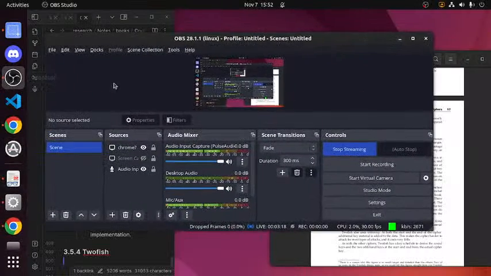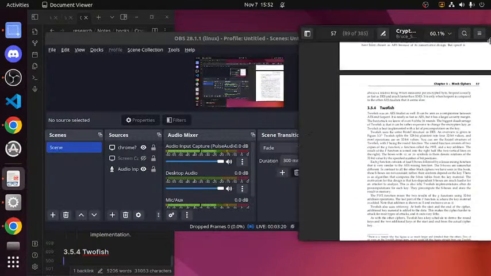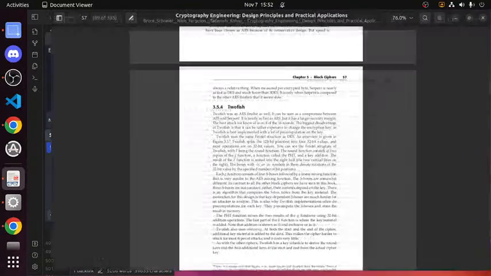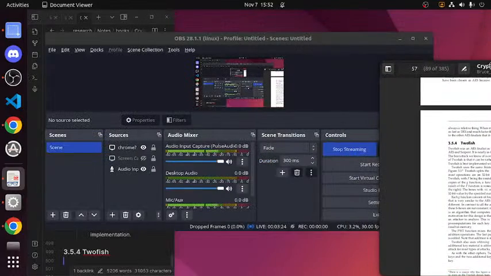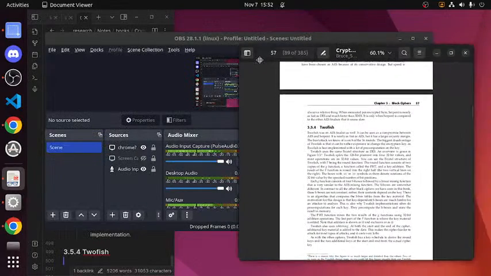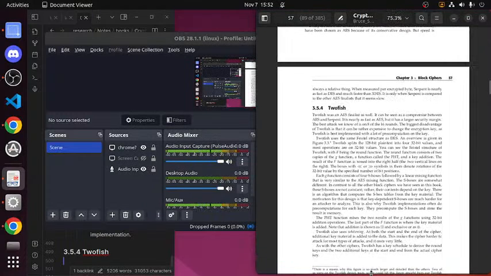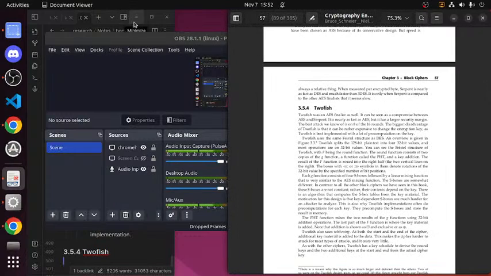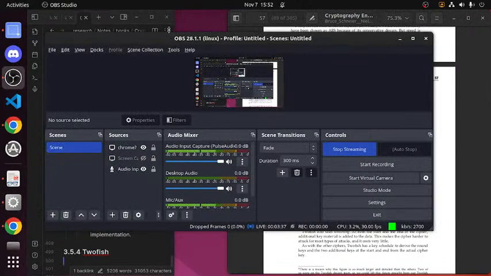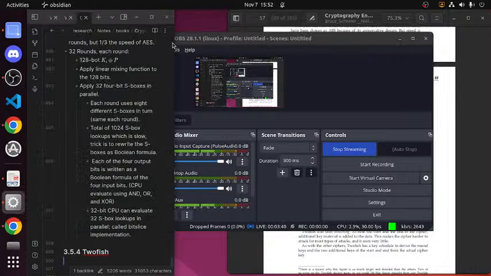Let's see if this is still working. It is still working. Wonderful. This does not like me. There we go. And then let's see how far we can bring this over before we get any issues.